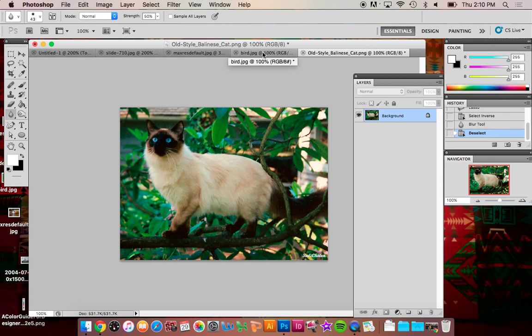Thank you. And then the other thing that you might want to do is when you have a picture where the definition is the same throughout the whole picture. A lot of times what photographers or artists might want to do is make that subject matter really crisp and clear against a blurrier background. So if you were to grab, say, the lasso tool, and I were to go around this kitty,